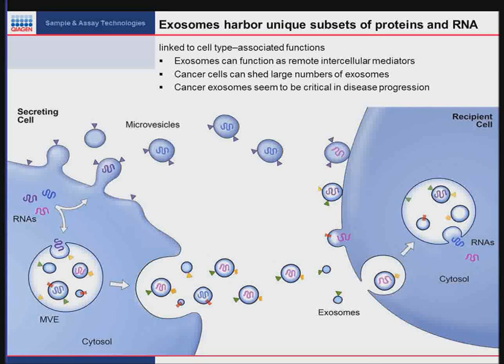off of cells. In particular, cancer cells can shed large numbers of exosomes, and they contain on their surface and interior proteins that come from the parent cell. They also contain mRNA and microRNAs that come from the parent cell, and large numbers of these can be found in circulation. So one term that's a very interesting one to use about these is the term proxysome. So microvesicles, which contact another cell and they dump their contents into the recipient cell, are acting as proxies for cell-to-cell interaction between the parent cell and the recipient cell, even though these may be in very different parts of